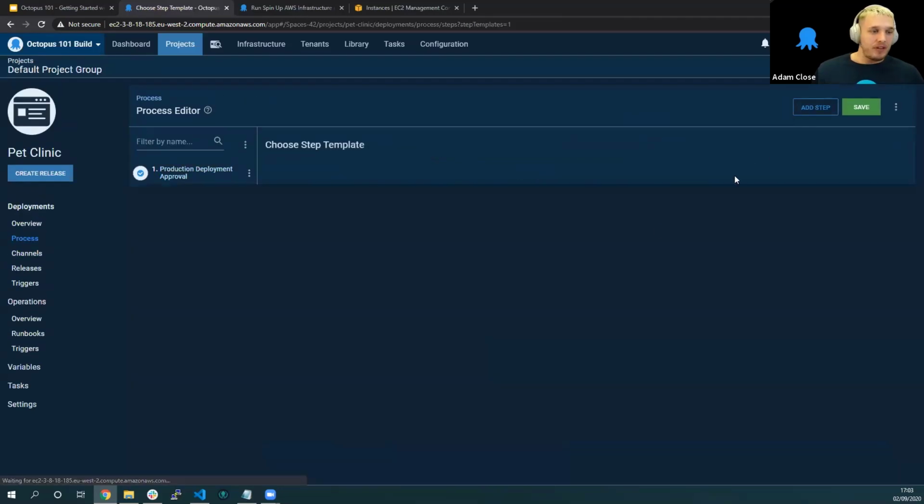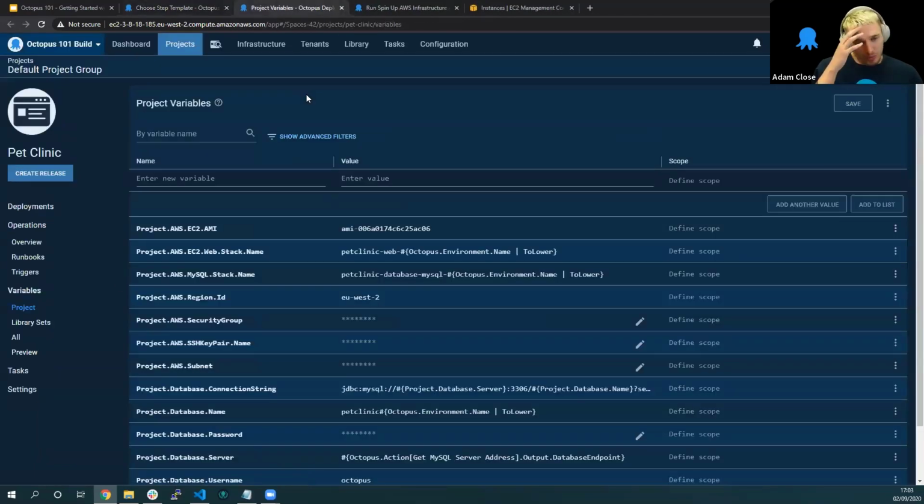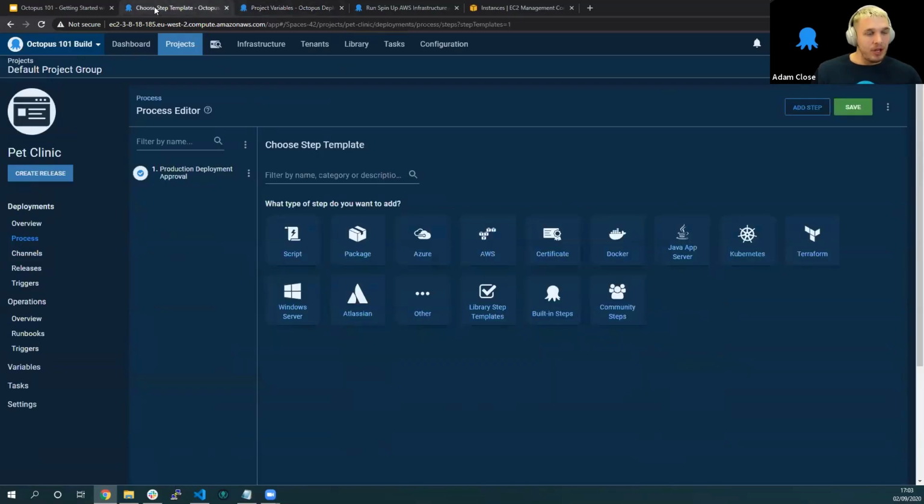Okay, so the second step is I'm going to go back to the variable for the database server. So I'm just going to, in a new tab, open the variables list. If you remember, we created this Octopus action, get MySQL server address. So I need to create a step with this name. So go back, create a script step,